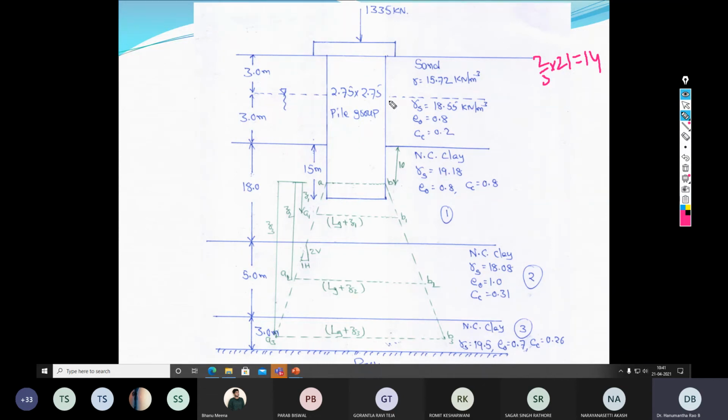When the frictional capacity of the sand is much higher than the frictional capacity of the clay, or vice versa, then why should we consider that particular layer? The question arises. So in those circumstances where a significant length of the pile is embedded in a strong strata, you can ignore that particular strata for calculation of the consolidation settlement. So this is one analogy that you can give to your senior engineers.